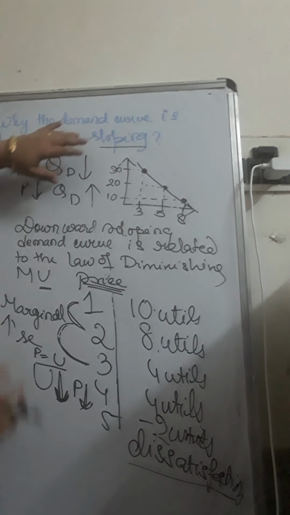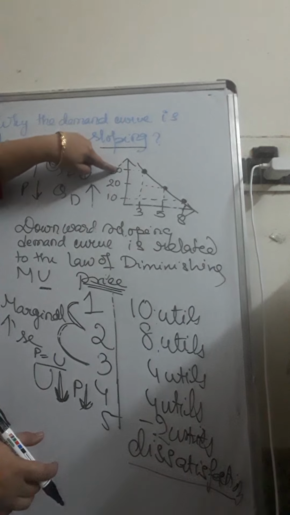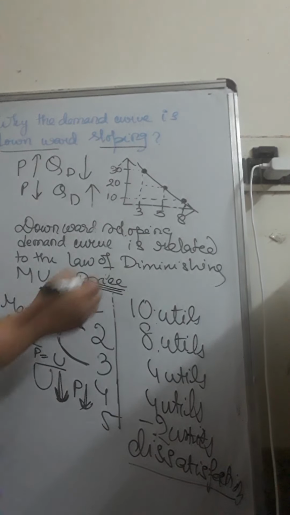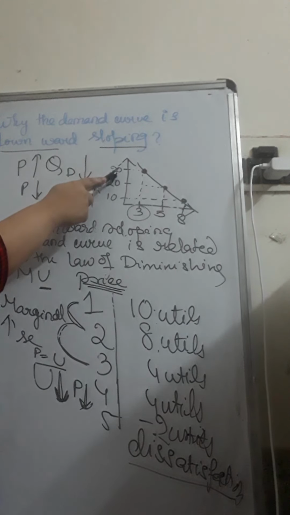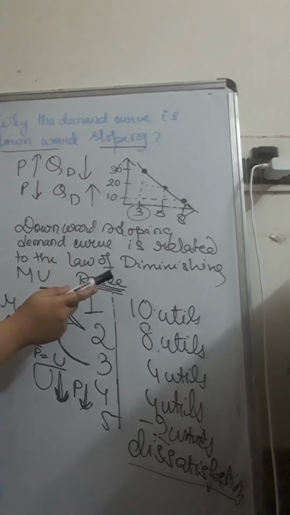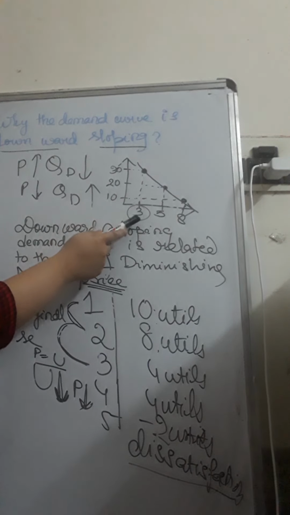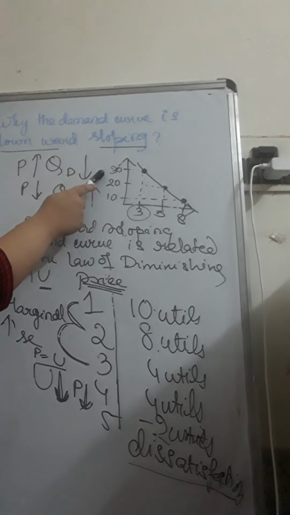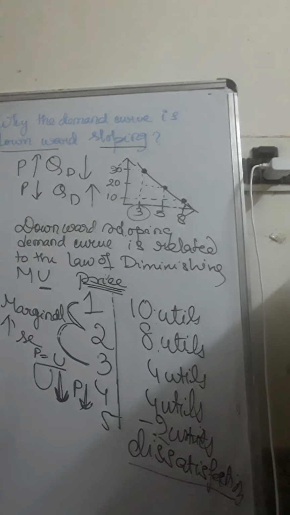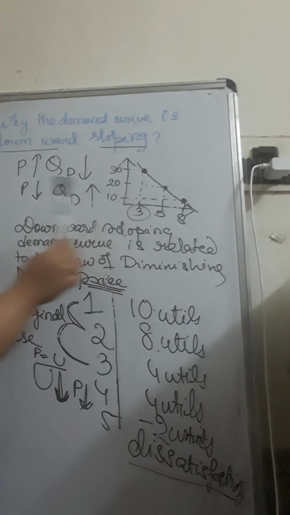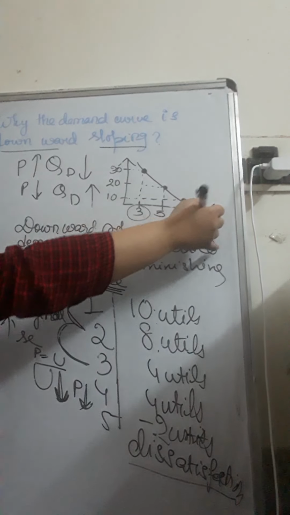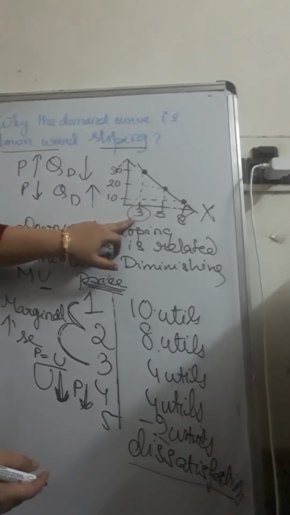So here also, check what happens when the price is highest. You are buying 3 units of the product. Why are you willing to pay a higher price? Because you don't have the product, so at least you can acquire some of it. So even at higher prices you are ready to buy lower quantities. Now if I say buy 2 more units of the product, say X is the name of the product, first you bought 3 units by paying 30 rupees.